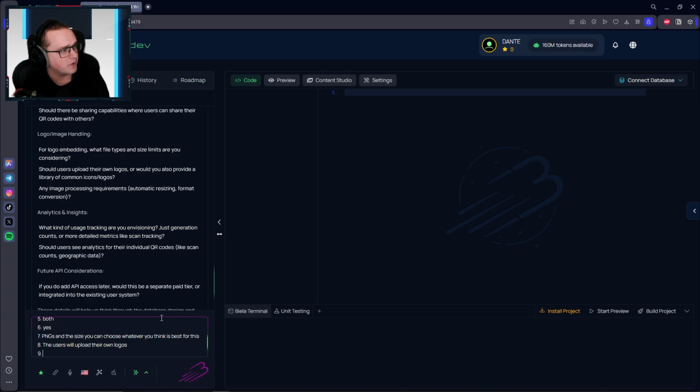Any image processing requirements, automatic resizing, you pick. Whatever you think is needed. Actually, resizing